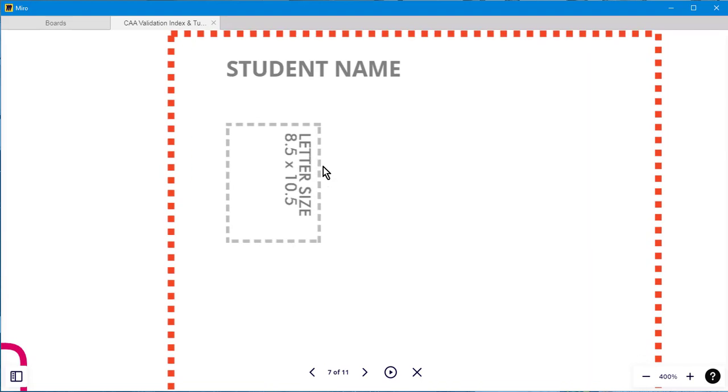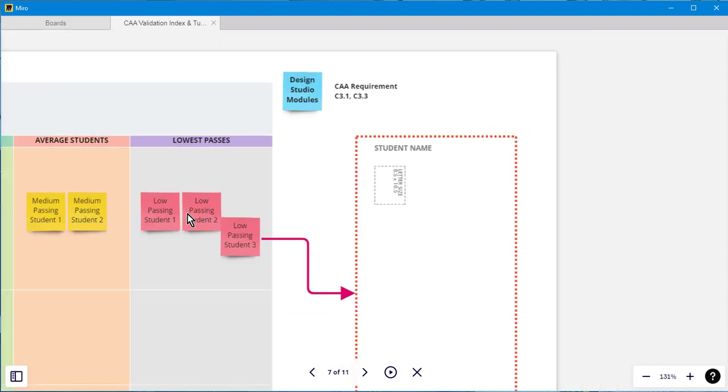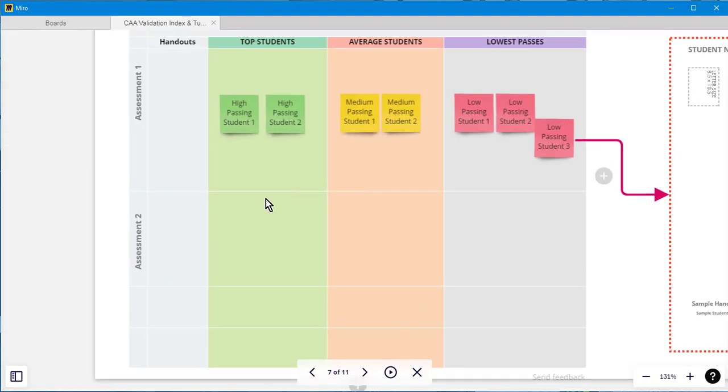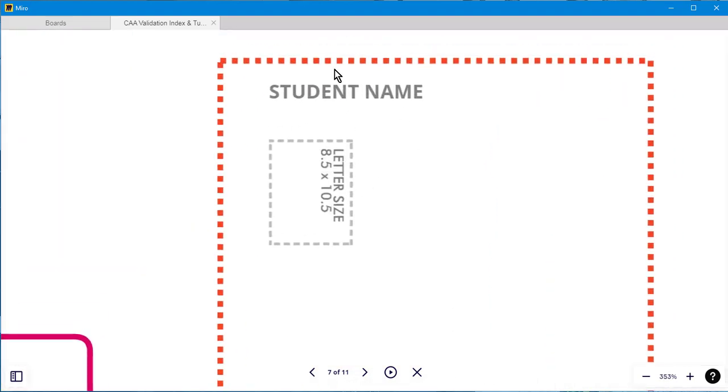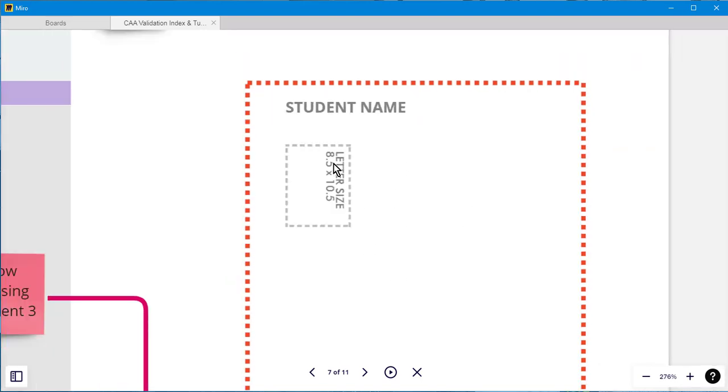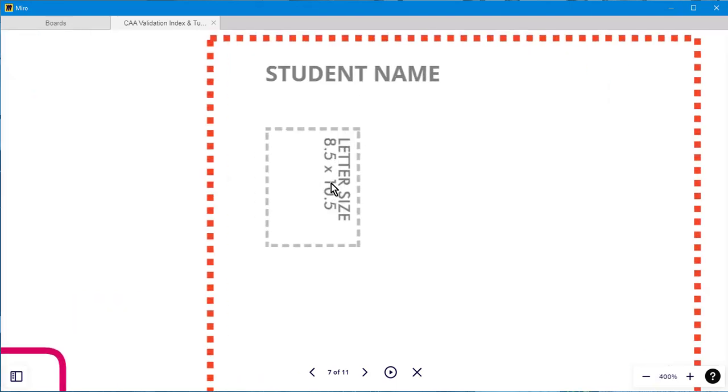So this little dash box here gives you an idea of the size of the letter size in comparison to the rest of the board. Because as you realize, when you zoom out, you're going to be seeing a lot more information, and we want to keep all the sizes standardized. Okay, now we're going to look at how we get information into the Mirrorboard in just a bit, right? But just to let you know that when you put in your information, the idea is that you will delete this